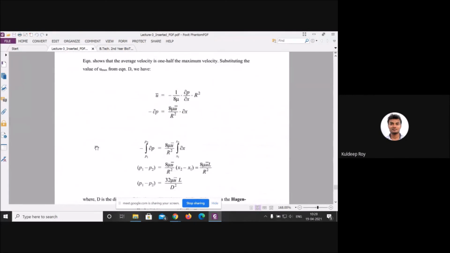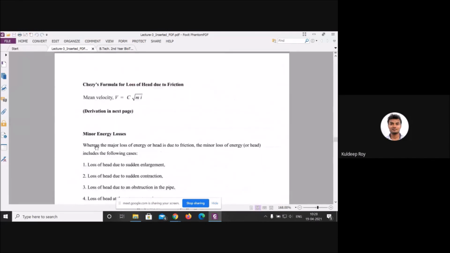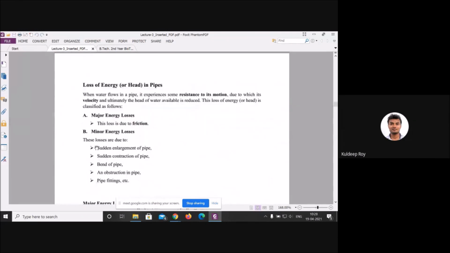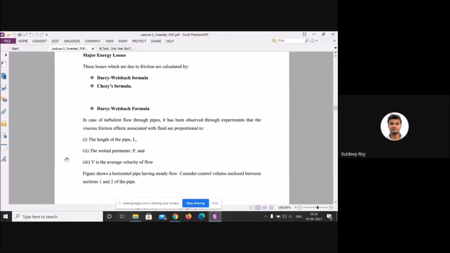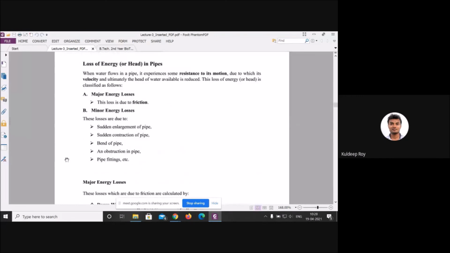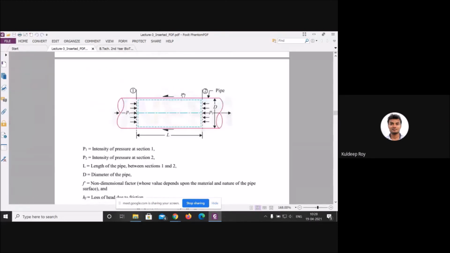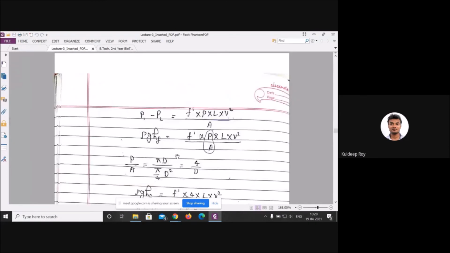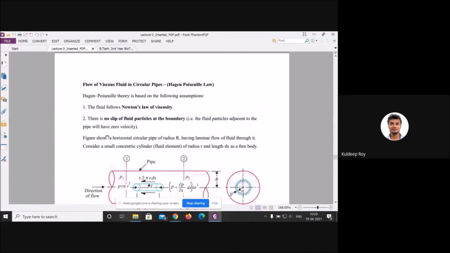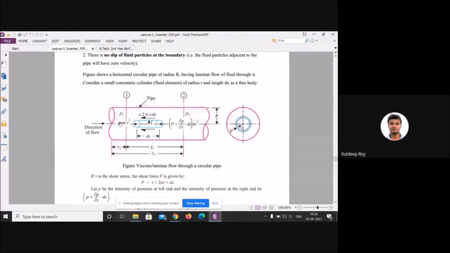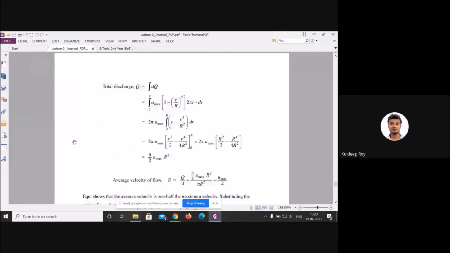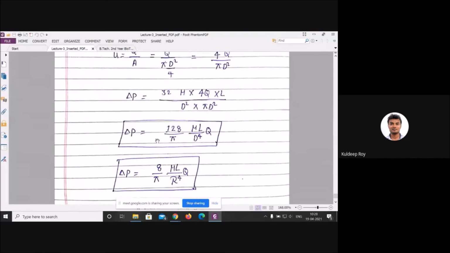First of all, we will give a brief glimpse of today's lecture. Today we talk about major and minor losses, where we discuss in a pipe how the pressure loss and head loss occur, and how many types of frictional loss, major or minor, there will be. Here you determine how much the frictional loss will be, and if you look for how much the pressure loss will be, you have to apply the Hagen-Poiseuille equation, for which you have derived the expression, and this much will be your pressure loss.